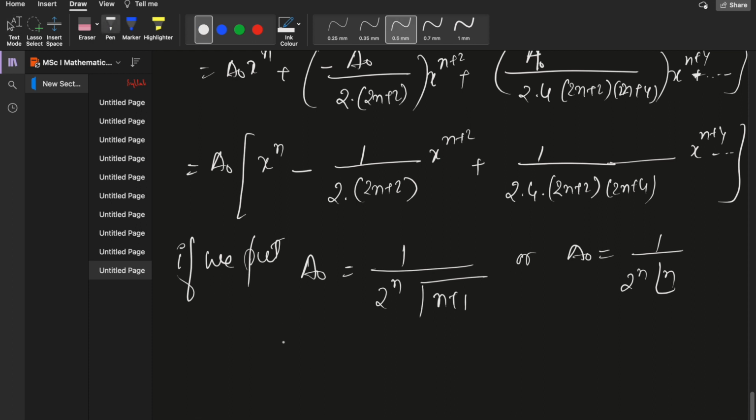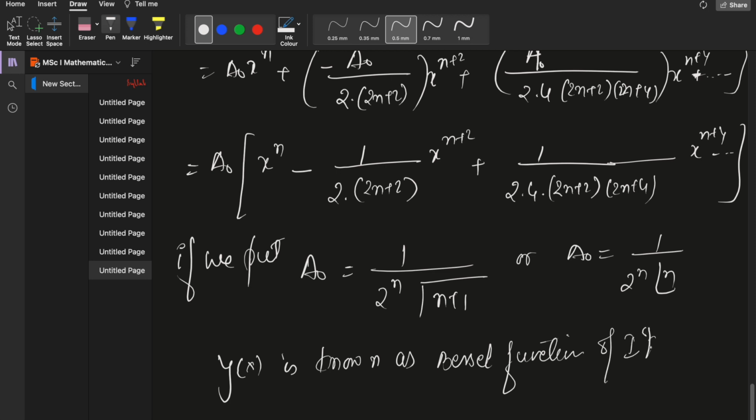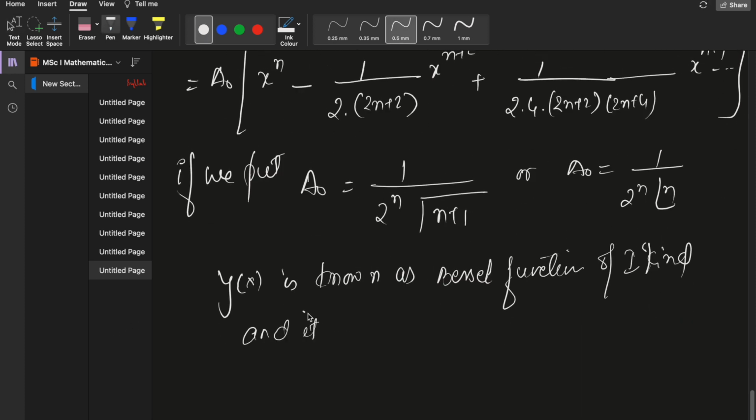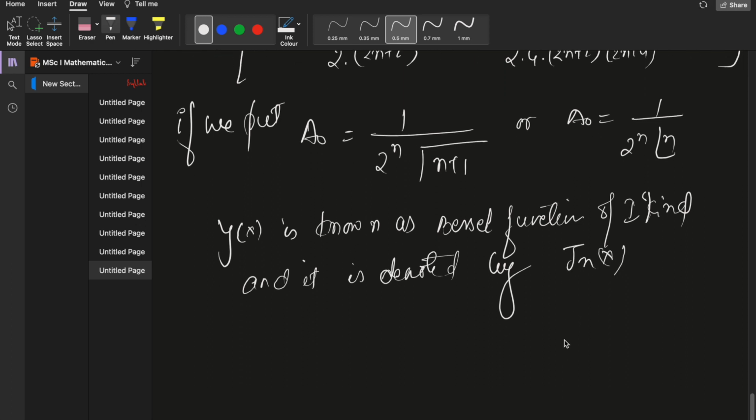So if you put this, y is known as Bessel function, the Bessel function of first kind, and it is denoted by Jn(x). Alright, so Jn(x)